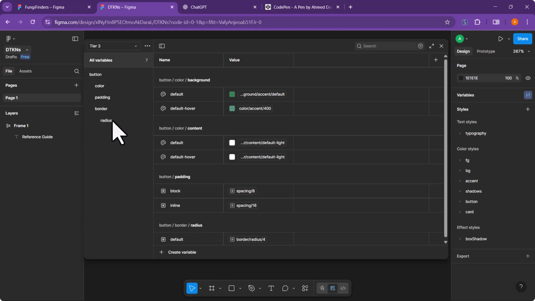So in the next video, we are going to look at how we are going to export from Figma using probably Figma variables, and use AI to create our CSS variables, and maybe even look at how we can do the same thing in something like Style Dictionary.